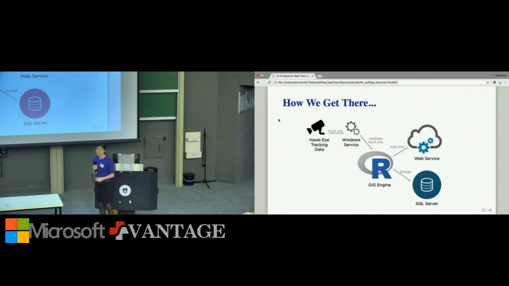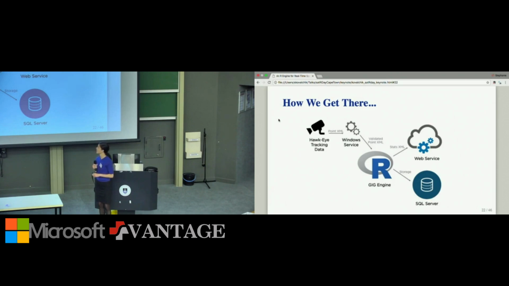That point XML is first processed by a Windows service, which effectively creates a queuing system. At any one particular time, when we're under the highest data flow, we can have 7 simultaneous matches going on and sending us data at one time. So we have to have a system in place to do an initial validity check to make sure that that XML file is what we're expecting. And then we do some processing to stage it appropriately so that we can have more efficiency in how each of those files are processed.